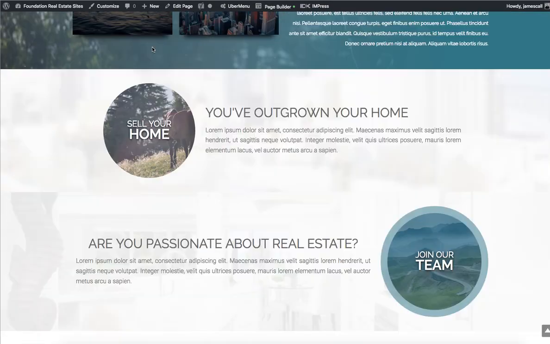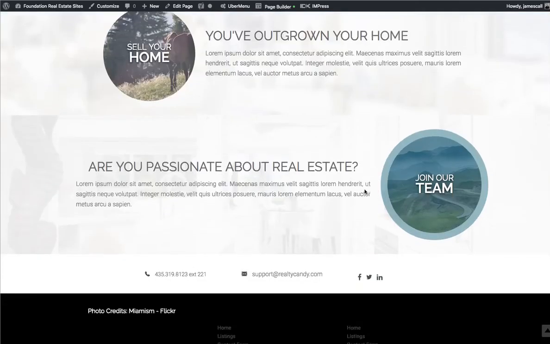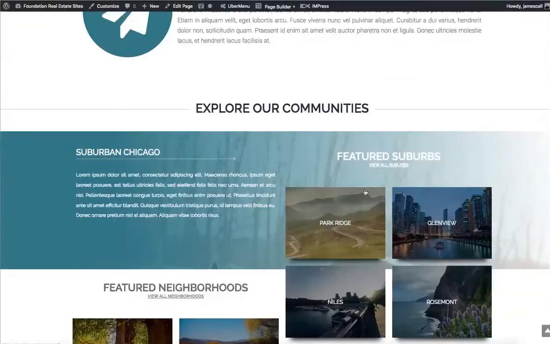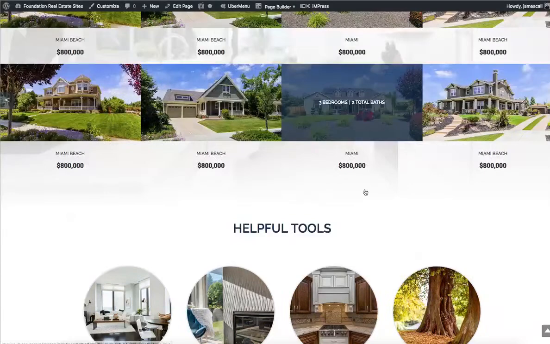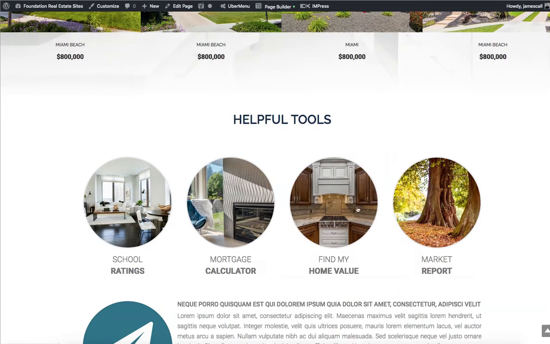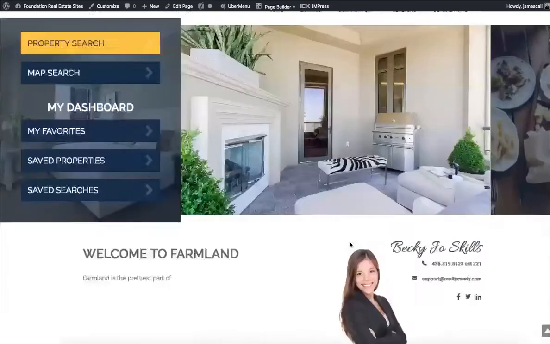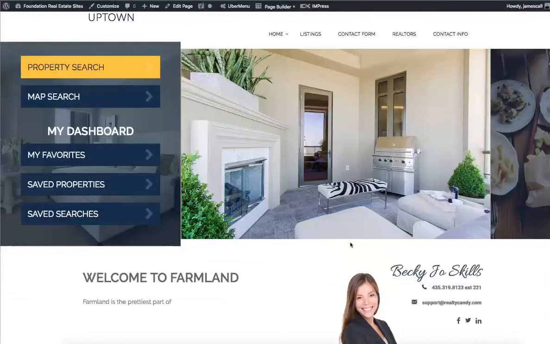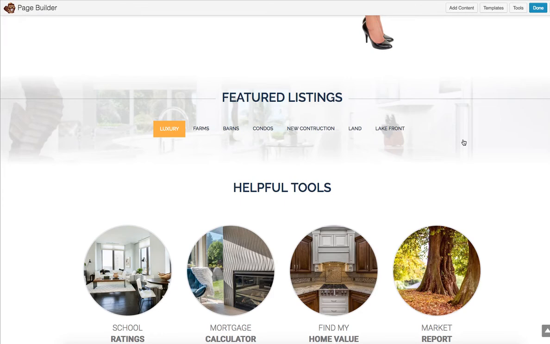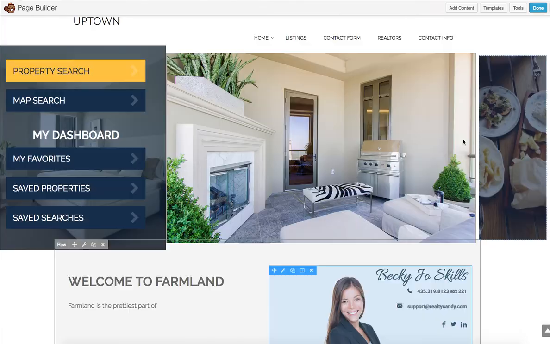You can see here the sell your home and the join our team, those corrected and got in the right place. So some of these you kind of have to take a little bit of a leap of faith, and as you work with the page builder, things come together. So I think everything worked pretty much the way we wanted it to. So that's how to start setting up the pages. As you add more pages,